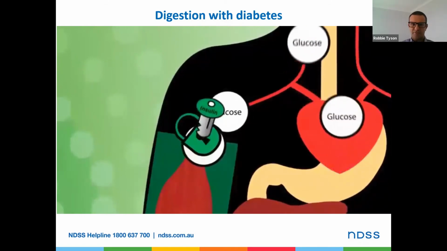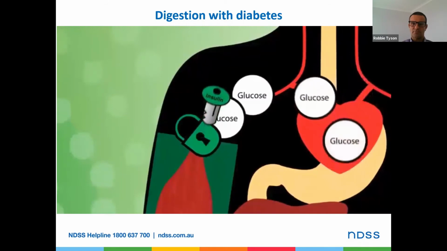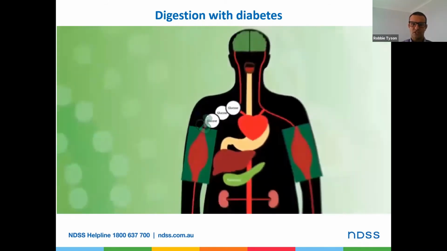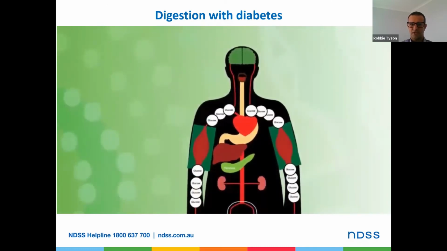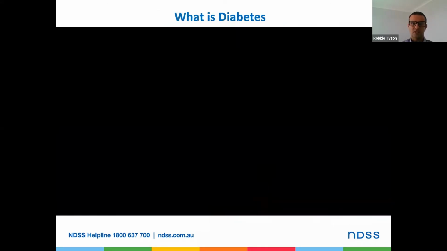And if in diabetes that key isn't working very well, which is what happens, the glucose in the blood tends to build up. So these locks become a little bit sticky, and we call this insulin resistance. Glucose in the blood then becomes higher and higher. So two things happening here: the pancreas isn't secreting quite enough insulin, but also the insulin that is floating around isn't working quite well. And that's that sticky lock and key system.